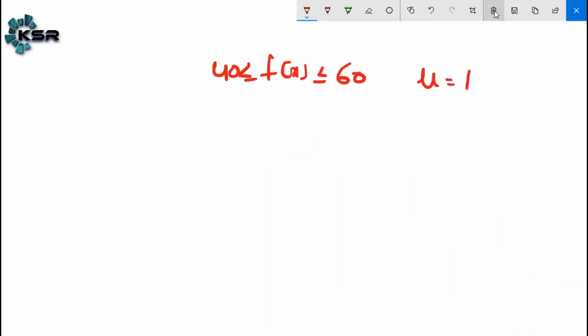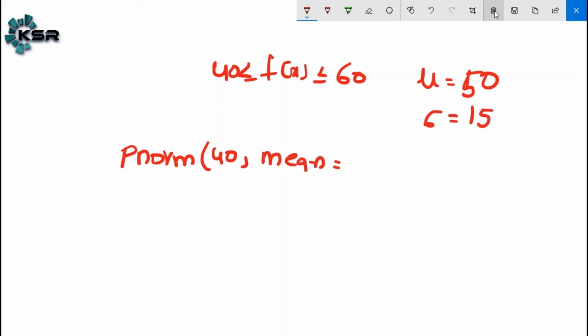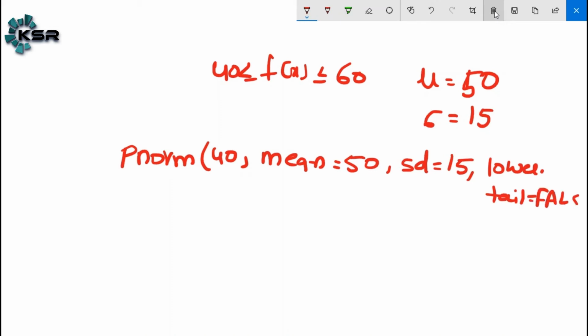Mean is 50 and sigma is 15. So if I want to write the formula: pnorm of 40, mean equal to 50, SD equal to 15, lower.tail equal to FALSE,